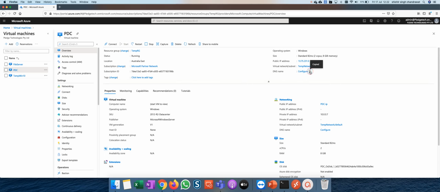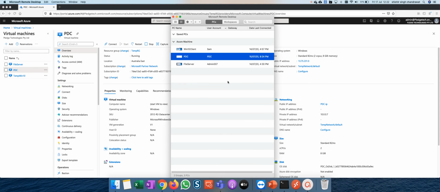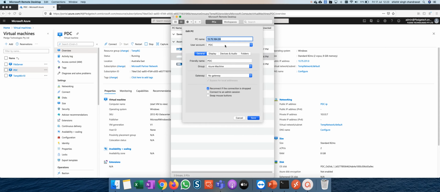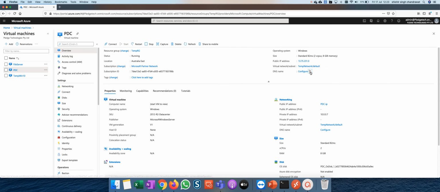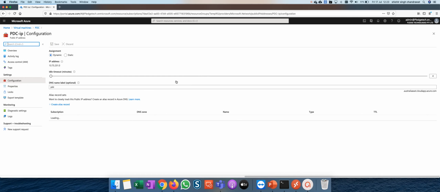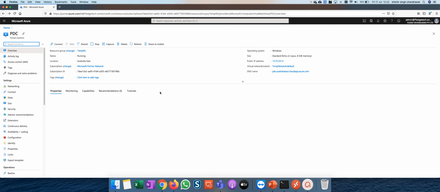So PDC is up, and I configured a DNS name. What I'm going to do today is, instead of using the IP address, I'm going to put the DNS name. The benefit of this is that I know it gets changed every now and then. The IP address gets changed whenever I reboot my